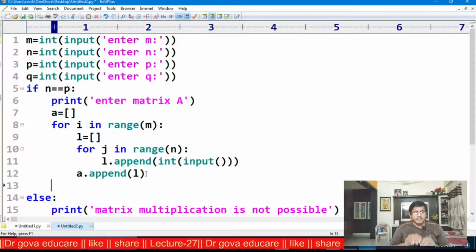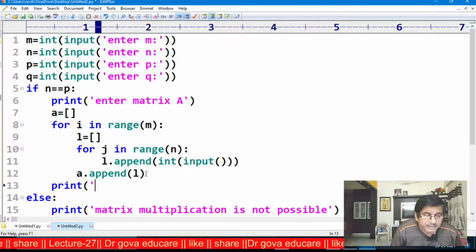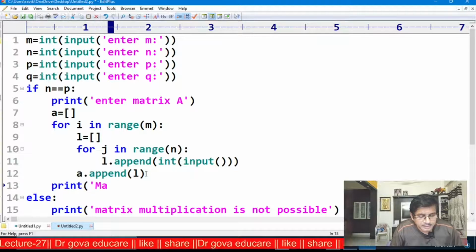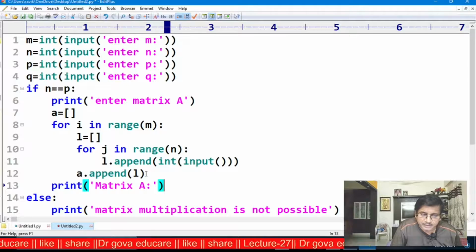Now I want to display the matrix. Print the matrix A is, matrix capital A is.